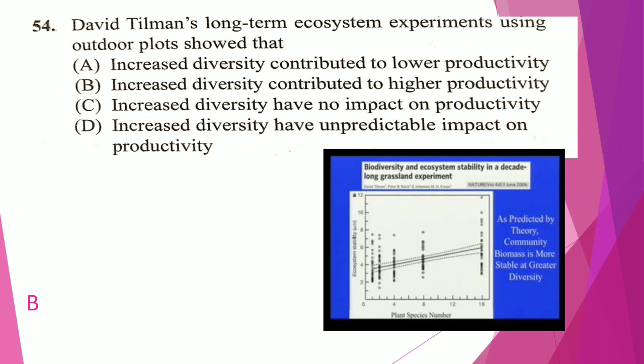One more example I can give you is the cow. If you take a hybrid cow, it is going to give more milk. For what reason? Because it is helpful for human beings to survive, right? So the productivity is also more there, and the diversity you can also see there. Likewise, a simple experiment we can study is the David Tilman experiment.